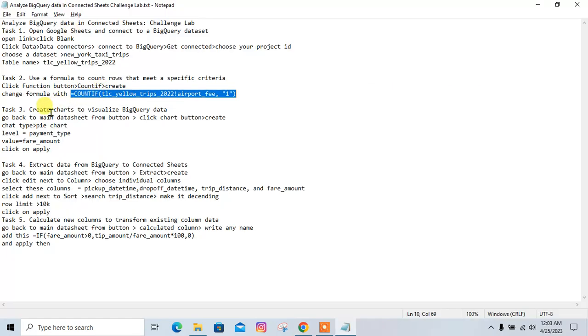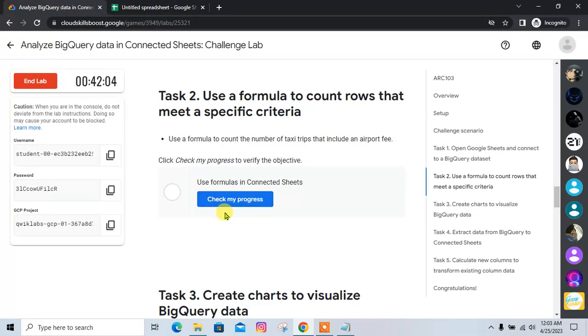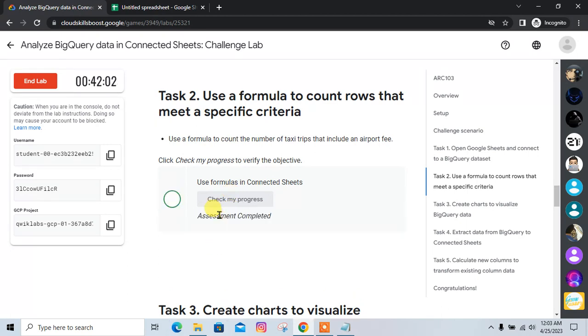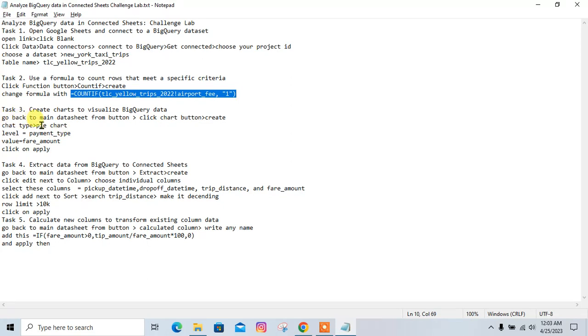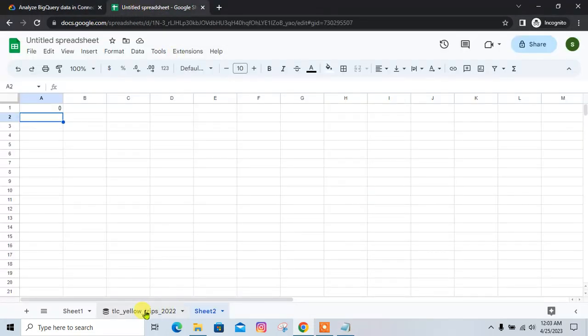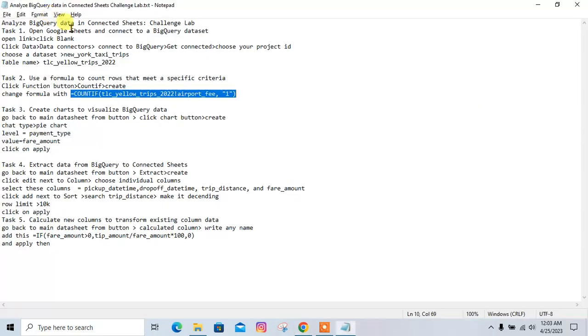That's it. So task 2 is completed. We can check our progress. Perfect. We can move to the task 3. Okay, for task 3, go back to the main dataset. Okay, let's go to the main dataset. Yeah, this one, and